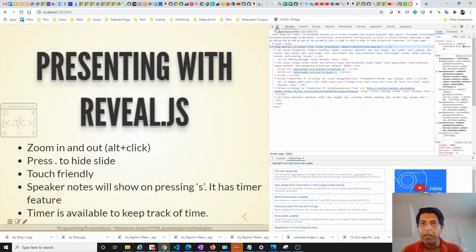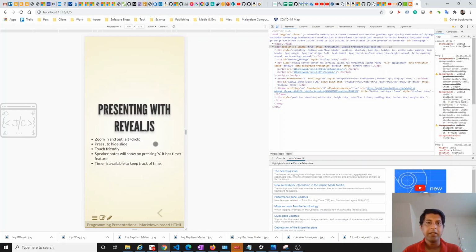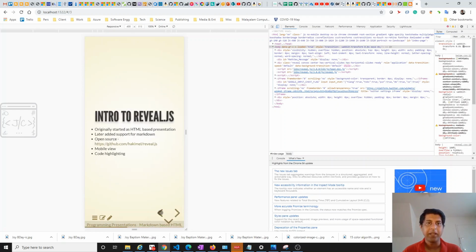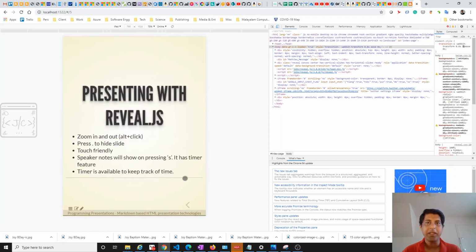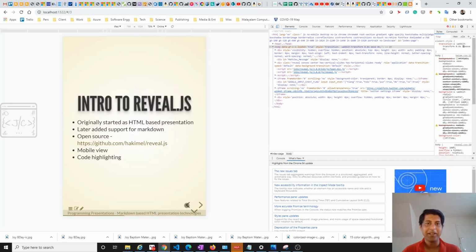So here is a button in the top left of F12 tools. This is changing the view to look like a mobile browser. So here we can see how it is shown at this resolution, 400 by 818. You can change into different types and it will look like how it will be displayed on different devices. So let me try the iPad view, and here you can see the mouse changed to simulate the pointer or our finger, and click here, then we can see that it is automatically arranging based on the mobile view.